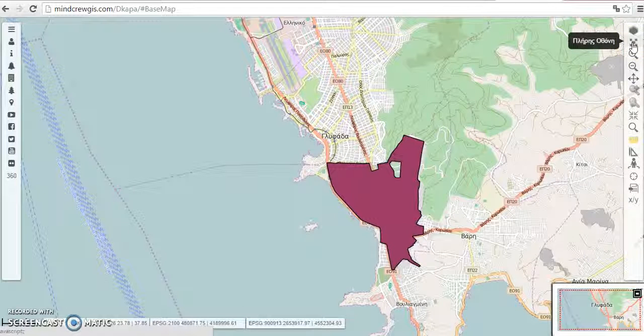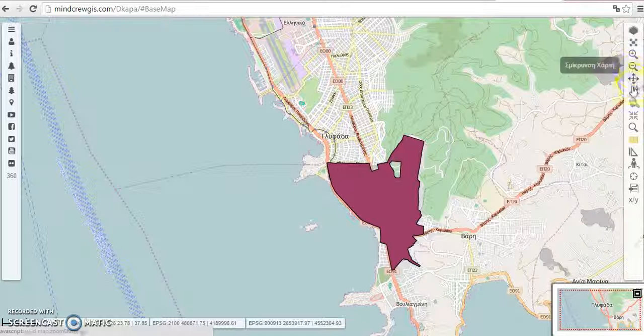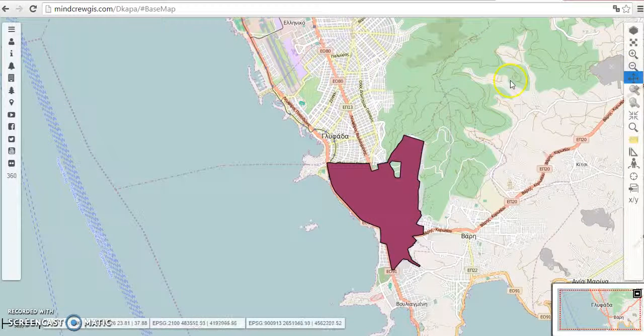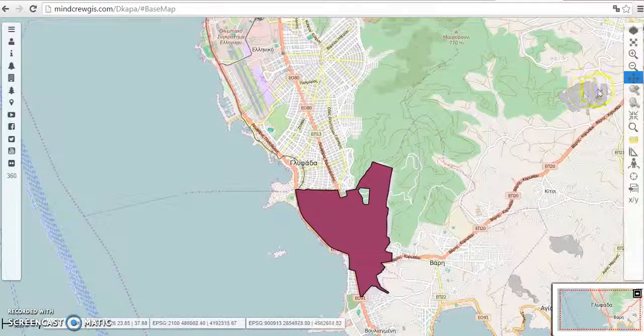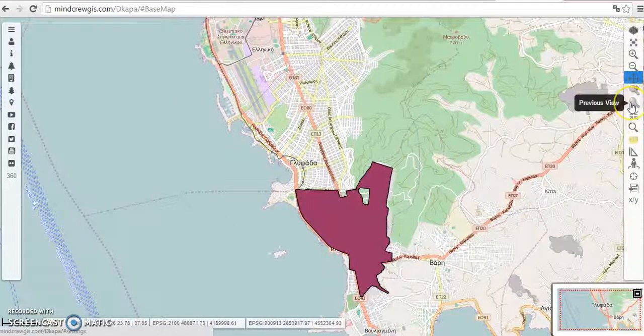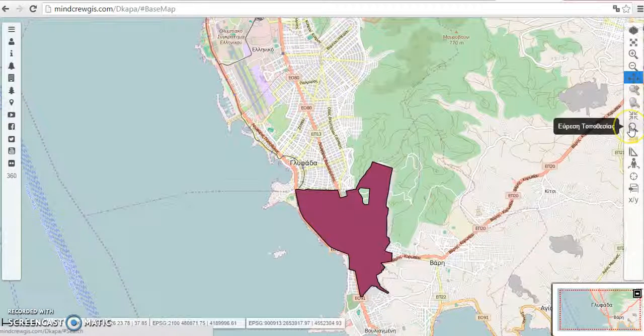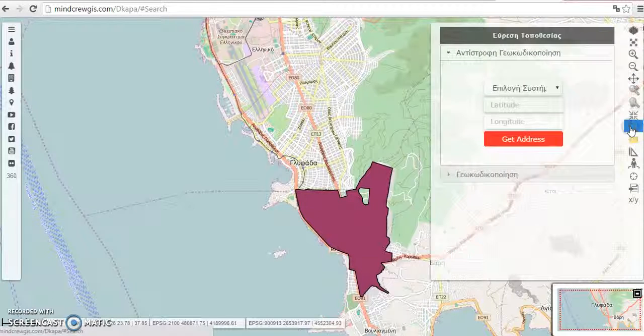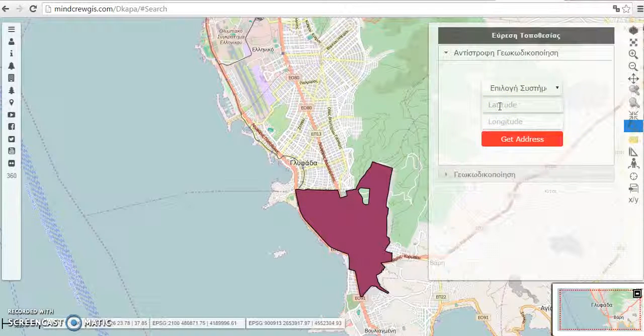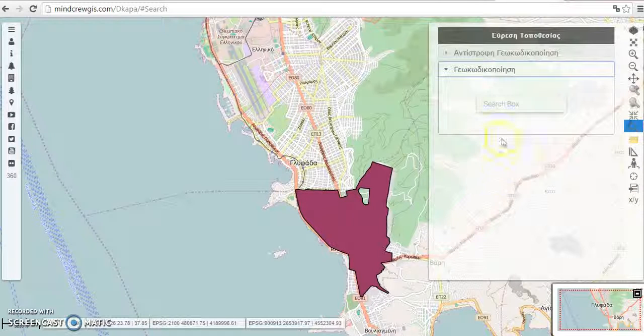Coming to the second option, it's for full screen. And the third option is for zoom out and zoom in, and this is to move the map like this. Next view option, previous view option if any, that is layer to extent option. The next option is for the search. If you have any pair of latitude and longitude and you want to get the address on the map, you can find that address. Or if you have any specific address and you want to see that particular POI on the map, you can do it from here.